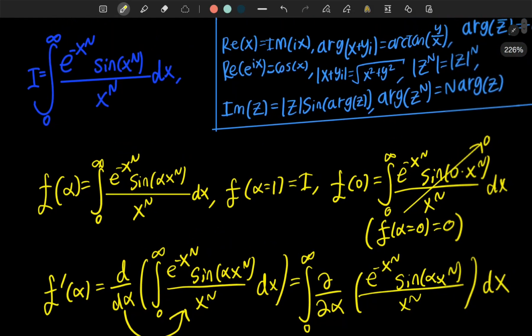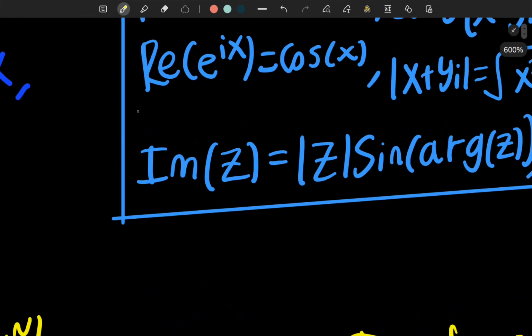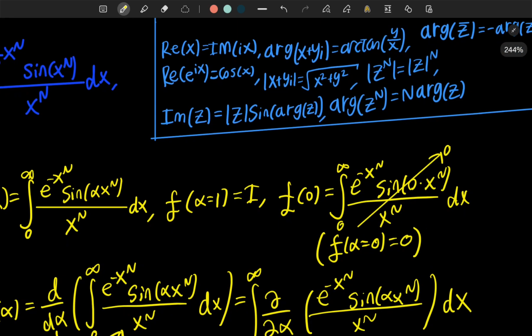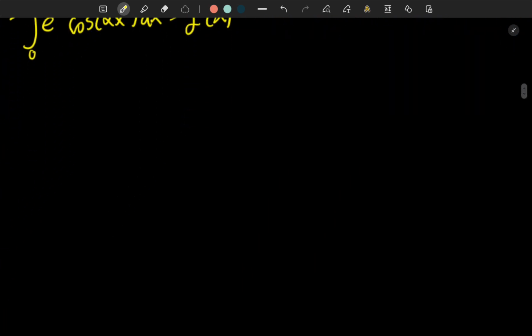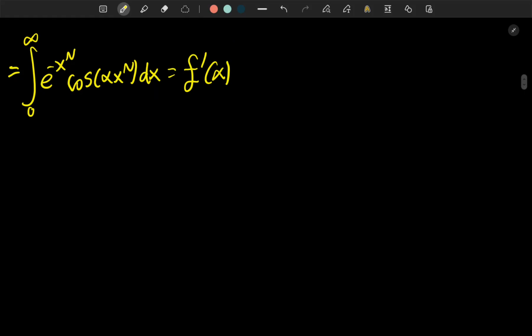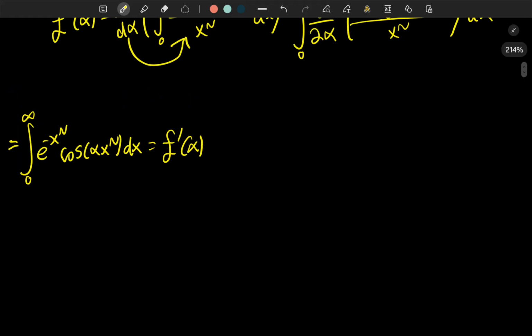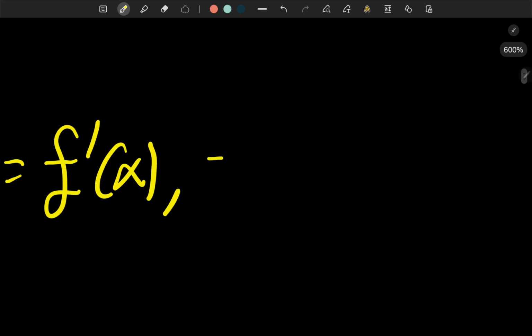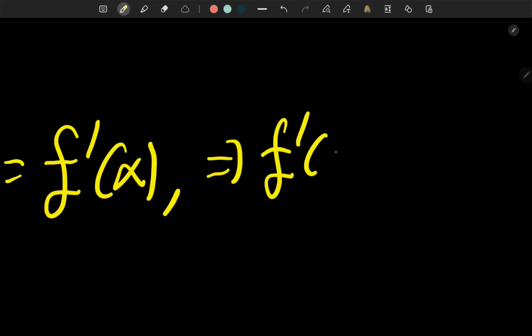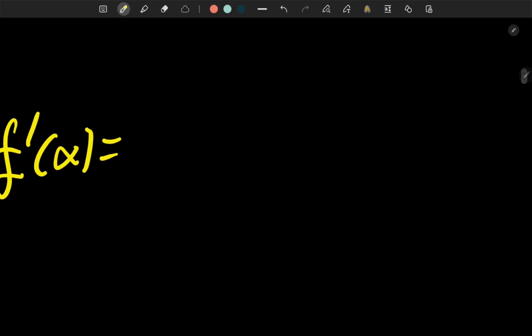Now, we can use this very important thing about cosine. But if we take the real part of e to the ix, it's equal to cosine of x. This can be found using Euler's formula, which I won't state in this video. But if you use Euler's formula and take the real part of it, you would get the cosine function. Okay, so this would imply the real part